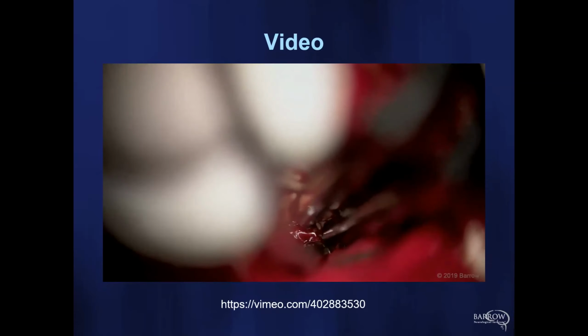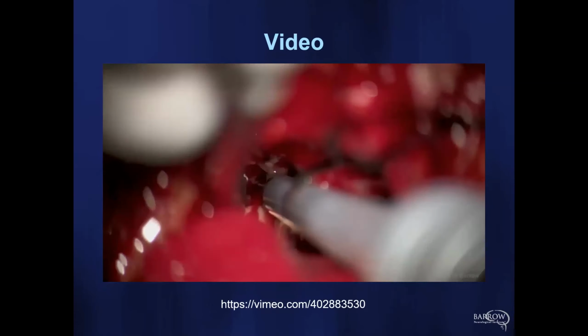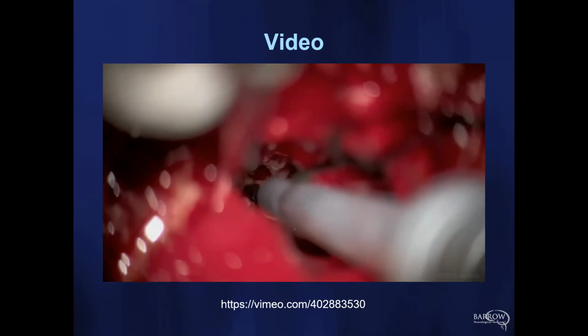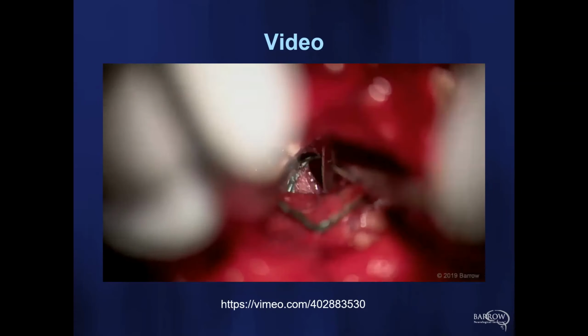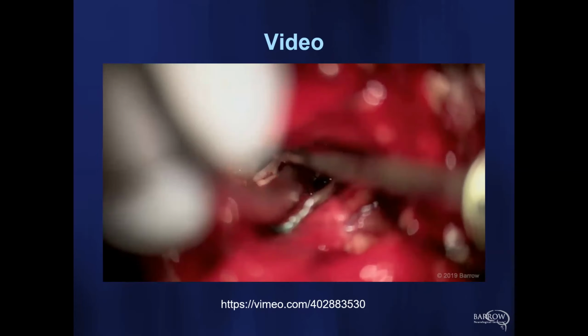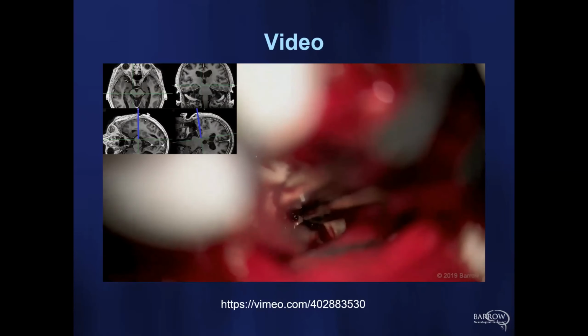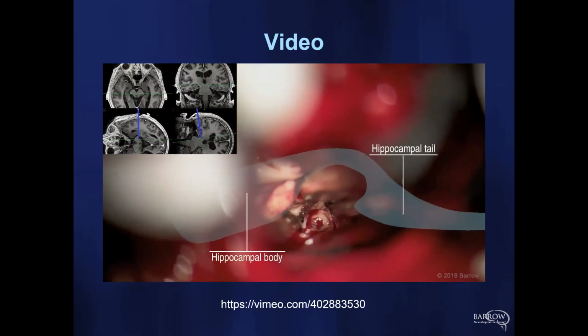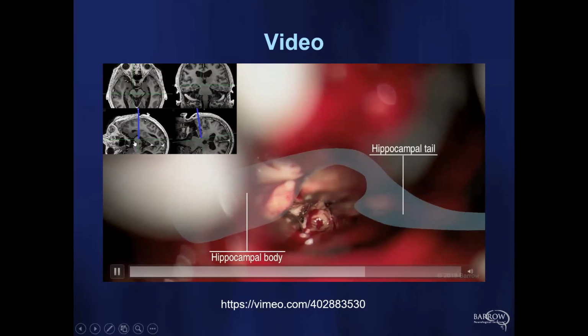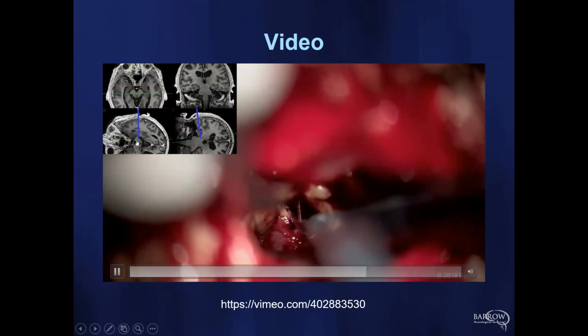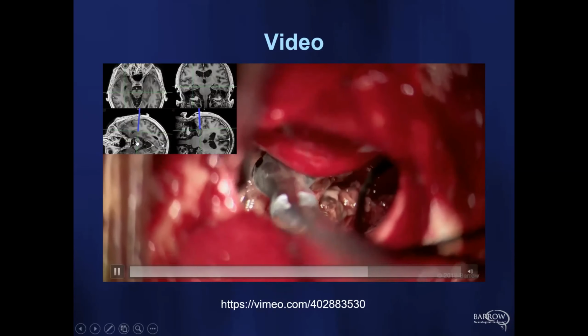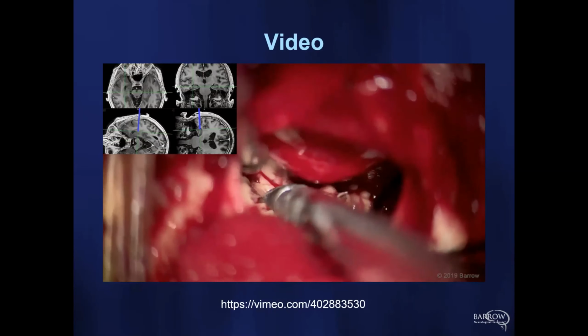Again, this is pretty consistent anatomy, although obviously there are differences from person to person. And some people have 1, 2, or 3 pretty significant hippocampal arteries. Most people have a pretty major one right at the apex of the peduncle. Again, if you see where this is, it shows I'm too deep. That could scare you. You're in the brainstem. You're not, because this patient had a lot of atrophy and was falling away.